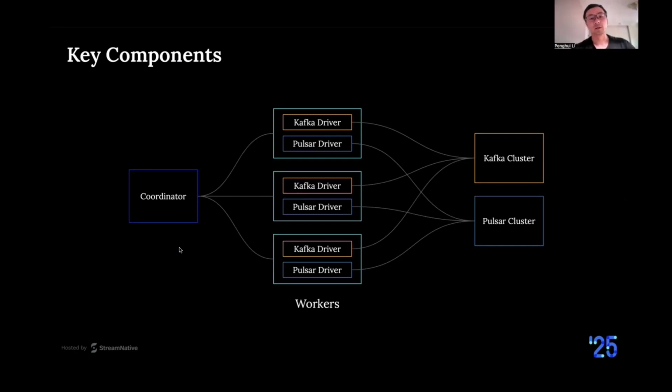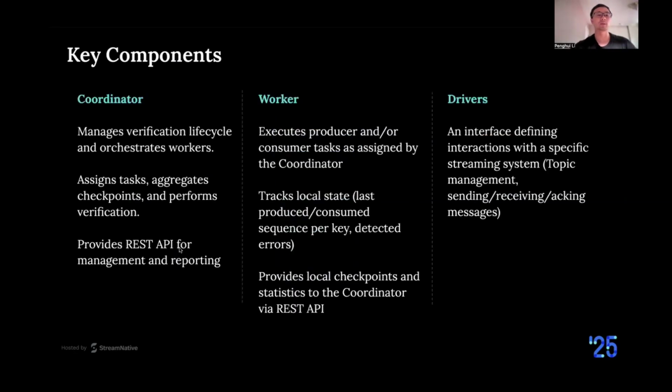So this is a very simple tool. And here is the detailed explanation for each component. For the coordinator, it's just to manage the verification lifecycle and orchestrate the workers, and it will also assign the tasks. When you define a task, you will define how many consumers, how many producers. So it will try to create the task and assign the task to the workers,